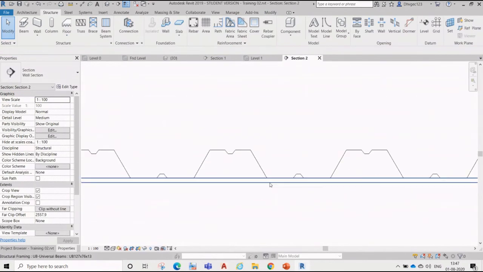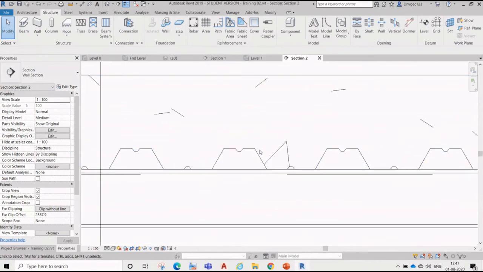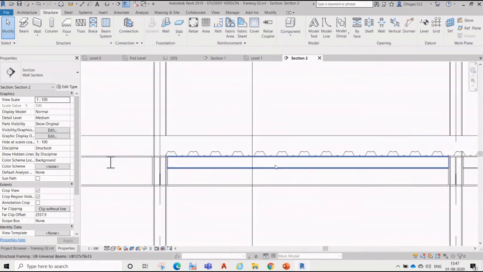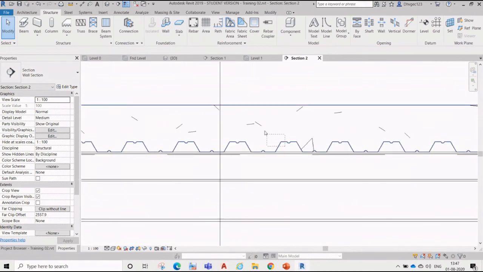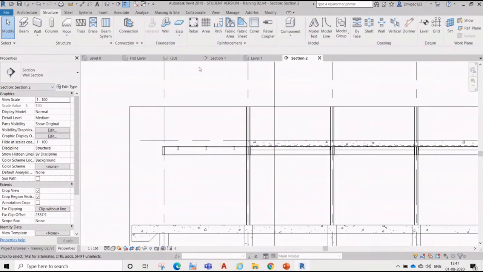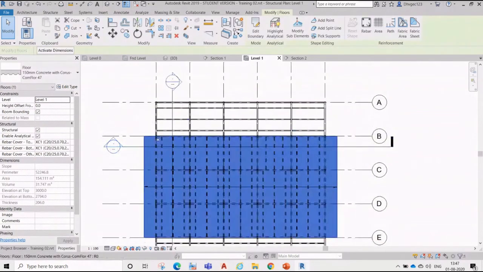In section C, section 2, you can see over here that this tag is resting on our secondary beam and the primary beam, which is our construction methodology, right? So now we have done floor plan for that area, and now we need to do that for that area.